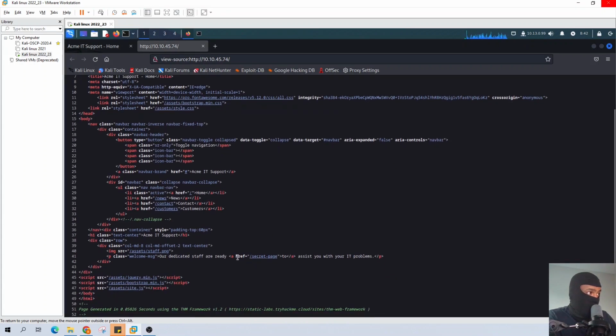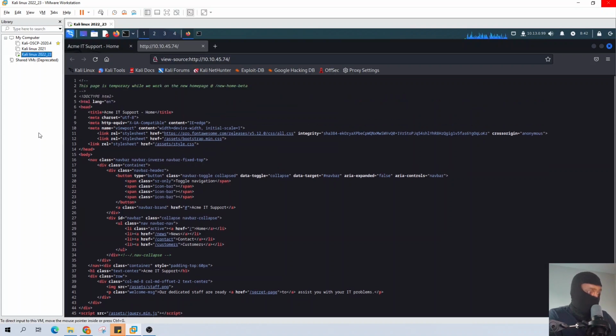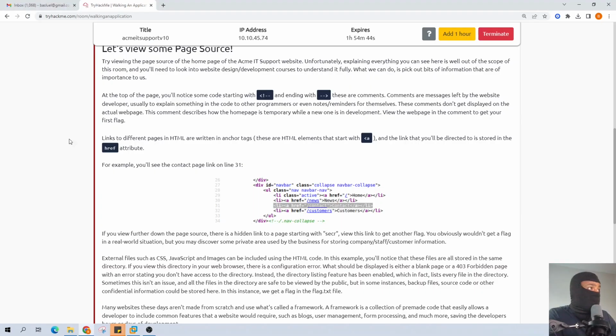For instance, this secret page is probably going to lead us somewhere we're not supposed to go. So it's a good idea to just go over the page source. Let's go back to our